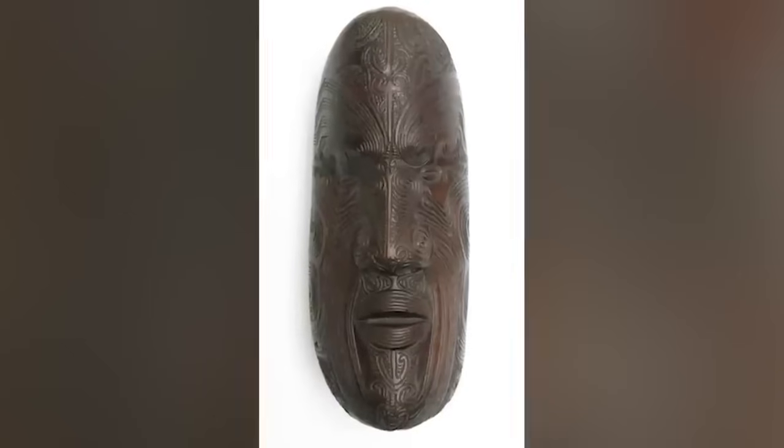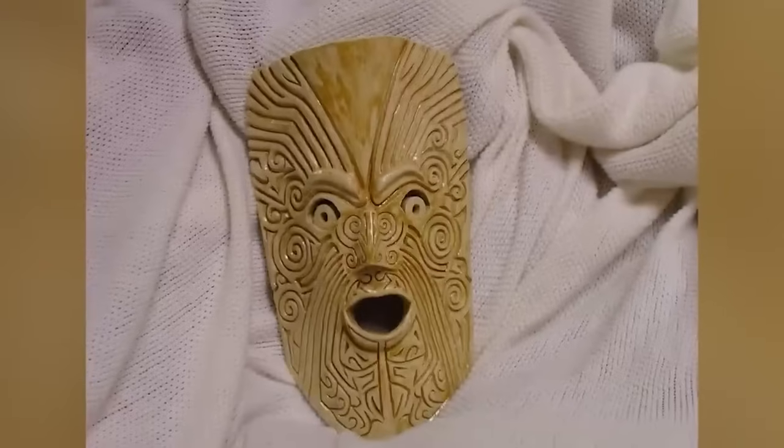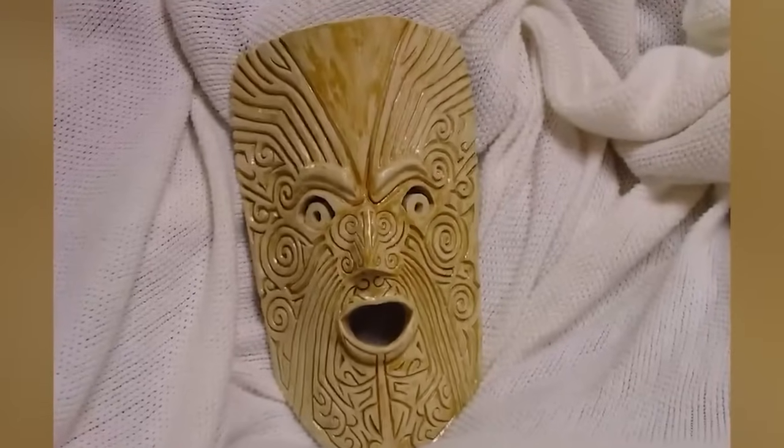The Occult Museum says New Zealand's Maori warriors are part of an ancient tribe who would carve unique masks when it was time for battle. When a man died in the mask, it was believed that his soul would remain trapped in the mask they were wearing. Although their mythology